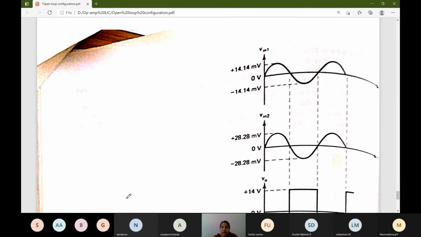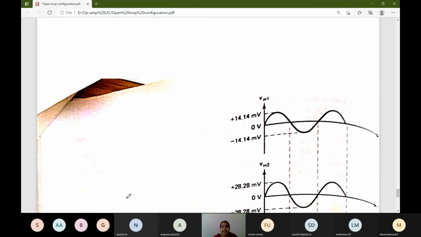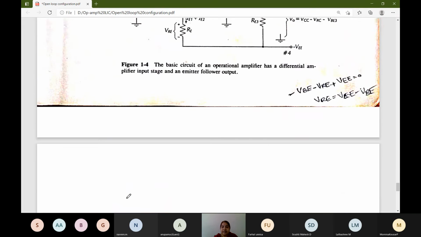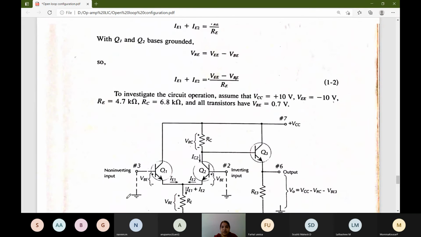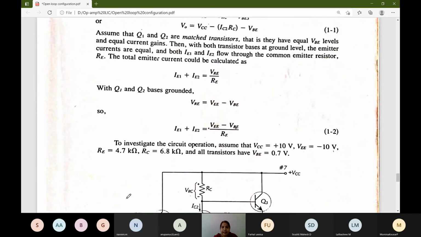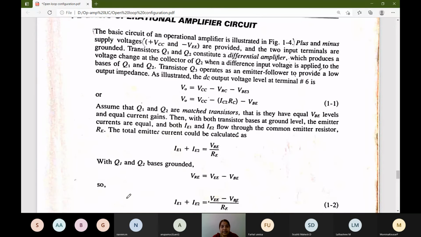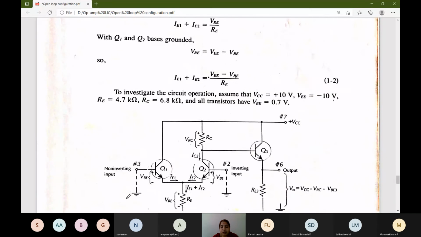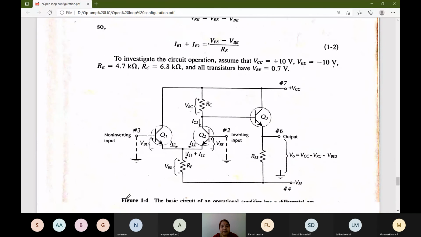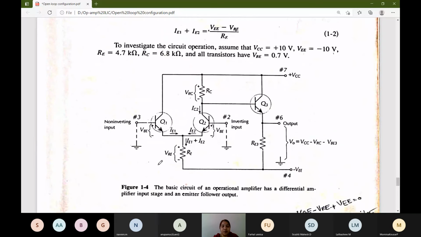So this is the open loop configuration with examples. I have just written the answer directly. You have to substitute and find out the answers. And one more thing, we had seen the block diagram of the op-amp also last class. We had seen 4 to 5 blocks. It will start from the input stage and come to the output stage. With that block diagram, it is better, as the block diagram will be asked for 8 to 10 marks. So you have to go with the circuit diagram also.